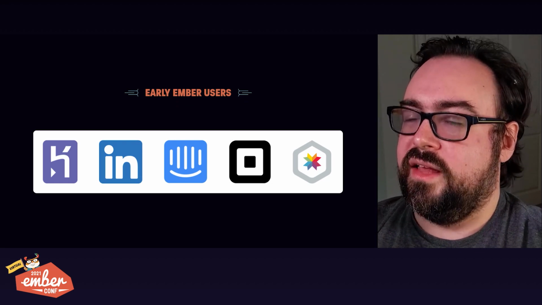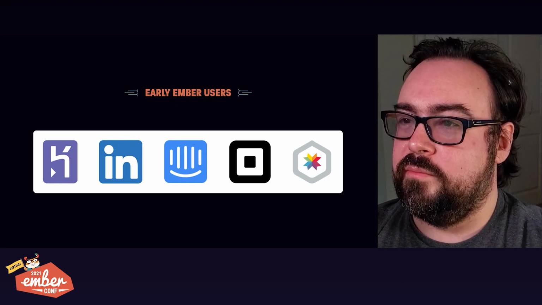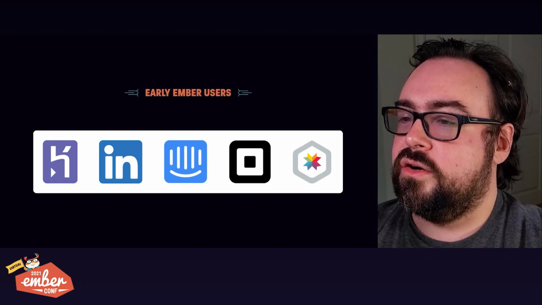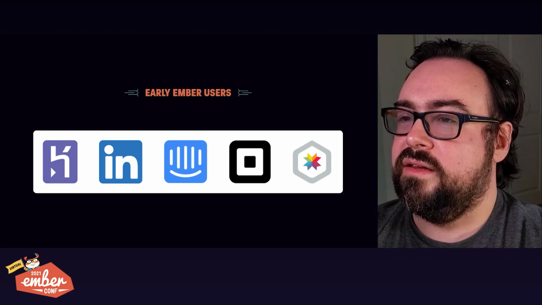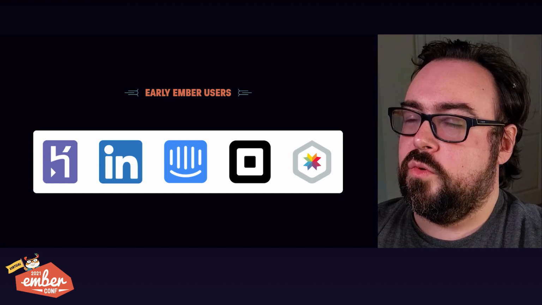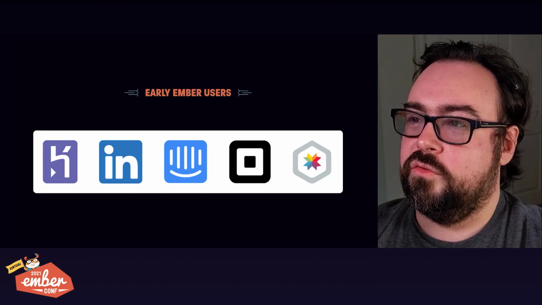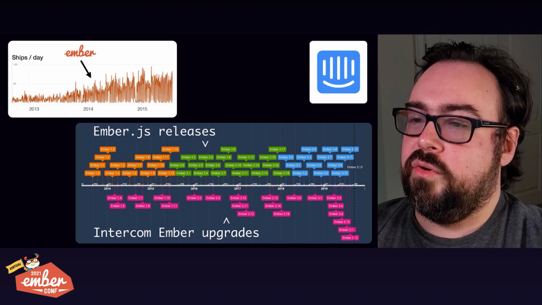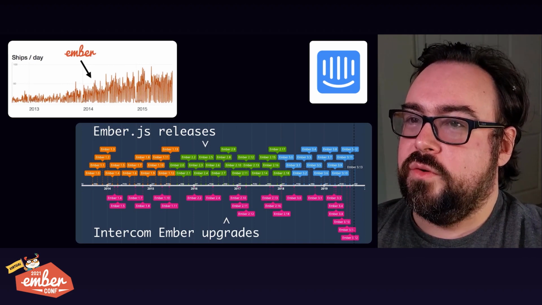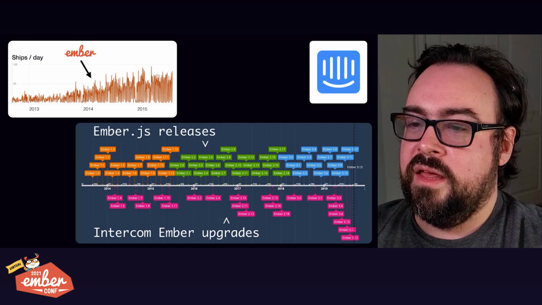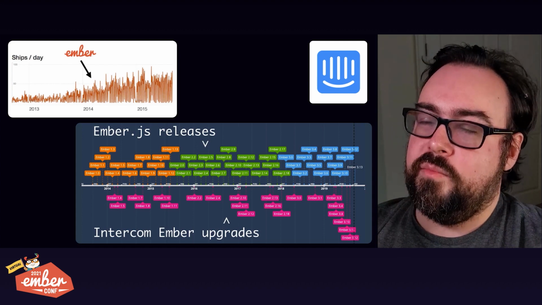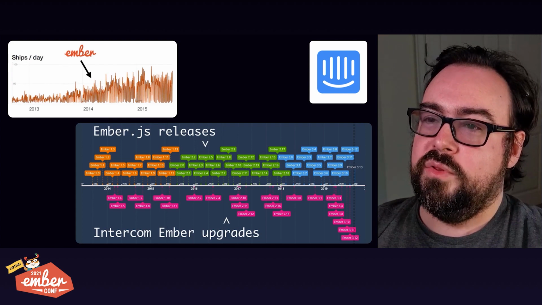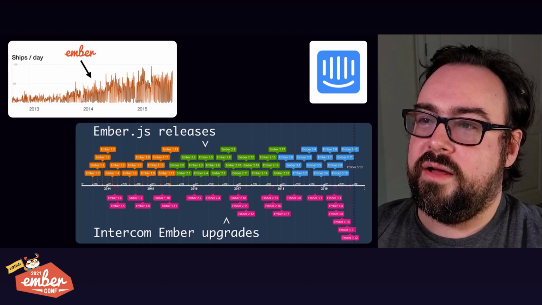But it's not just Skylight. It's not just because I work on Skylight that made that true. Heroku, Intercom, Square, and LinkedIn all started their apps on early versions of Ember, and they all kept shipping their features through all the things that happened over the intervening years. Intercom started using Ember in 2013, and Gavin loves showing this graph of what happened to their productivity. And they kept up with Ember over the years, and the fact that they did that really powered their ability to keep that going. I really love that graph.